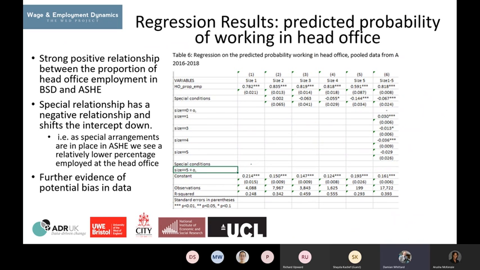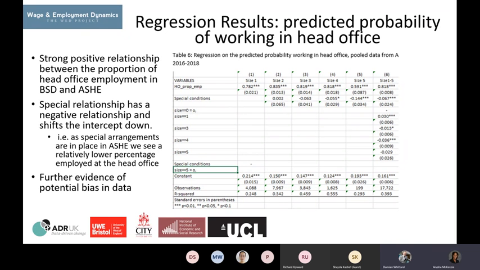The dependent variable was the percentage share of head office employment on ASHE, with the independent variable being the percentage share of employment in the BSD. We looked at this across all size bands, and then for the model as a whole in column 6, and size 0, which is the microbusiness, with the admitted category. If you exclude model 5 due to the low number of observations, just 199 compared with thousands across the others, we get a strong positive coefficient at the 1% level, approximately 0.8.